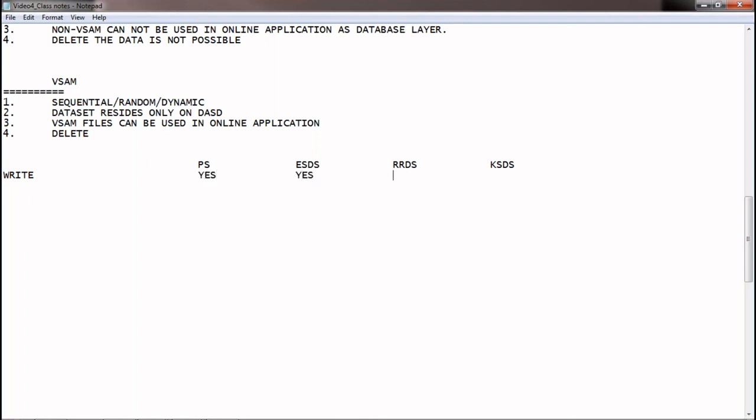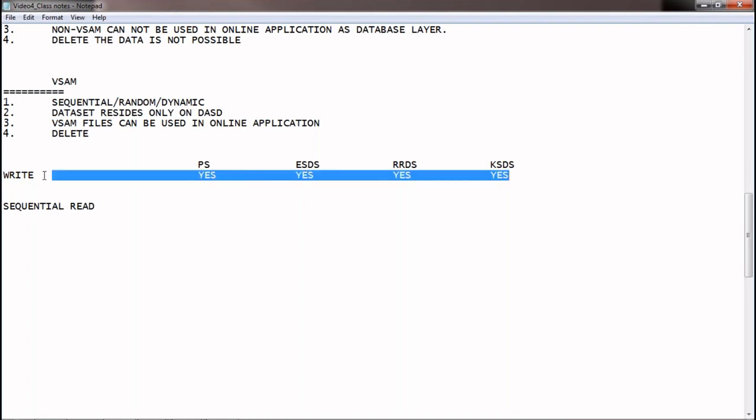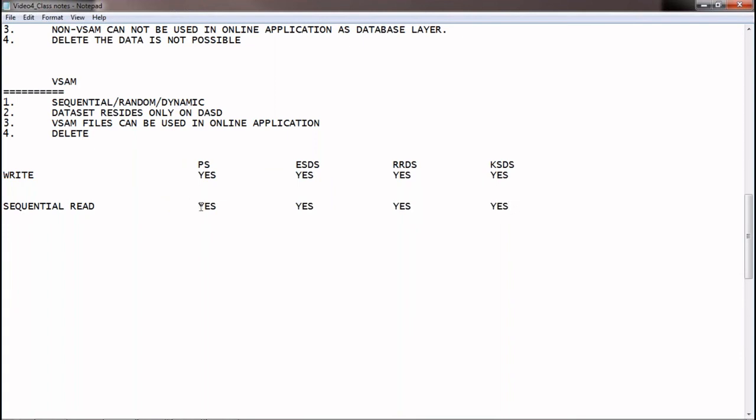We can write the data in ESDS, and in RRDS also. Sequential read is possible in all the files. When it comes to random read, it is not possible in the PS file, and not even in ESDS.